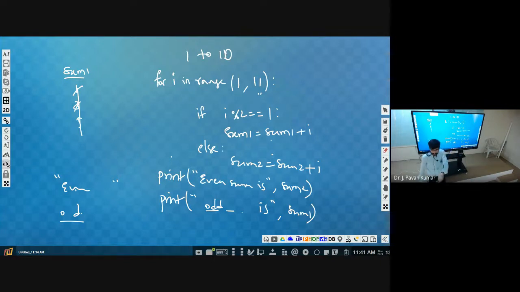So write a program to find the sum of even numbers and odd numbers in the given 10 numbers, not from 1 to 10. Understand the difference? Yes, in the question, yeah.